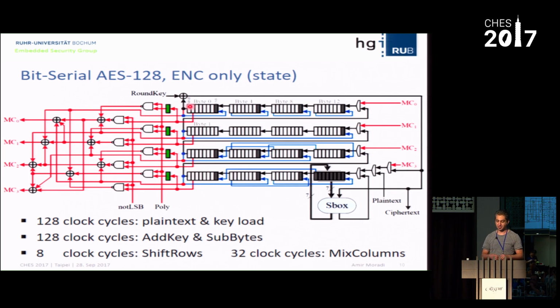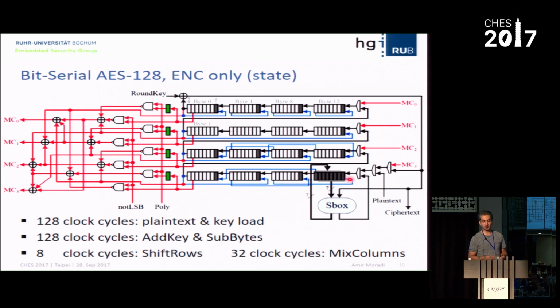And then in the next 128 clock cycles, the add round key and subbytes are realized, meaning the key bits are also provided serially. The output, which is 1 bit here, again goes through the multiplexers. As I explained, for 7 clock cycles the output of the XOR add round key goes there, and then in the 8th clock cycle the output of the S-box is written in the register. In total we need 128 clock cycles for the add round key and subbytes of the first round. And then the shift rows is also implemented in 8 clock cycles.